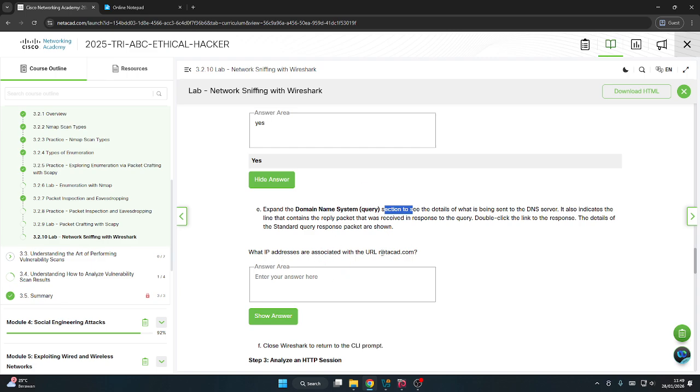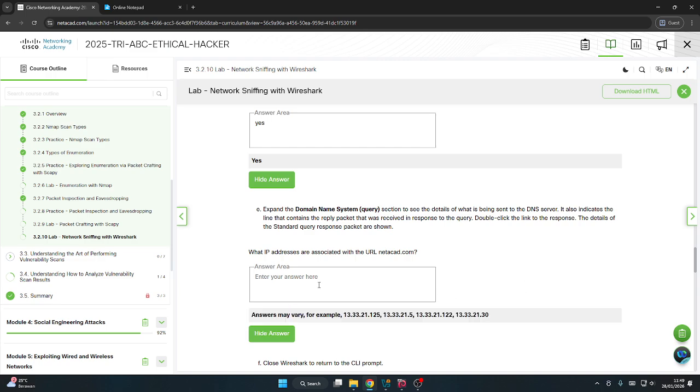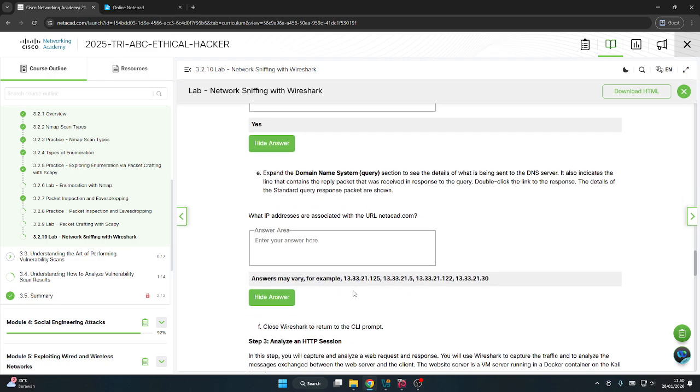Because we can open netacad.com on Wireshark, maybe we can see the IP address of the DNS server, and we will see this. But the answers may vary.